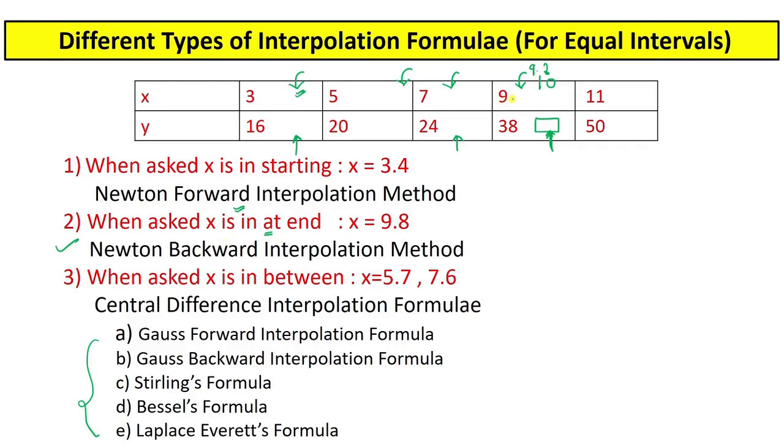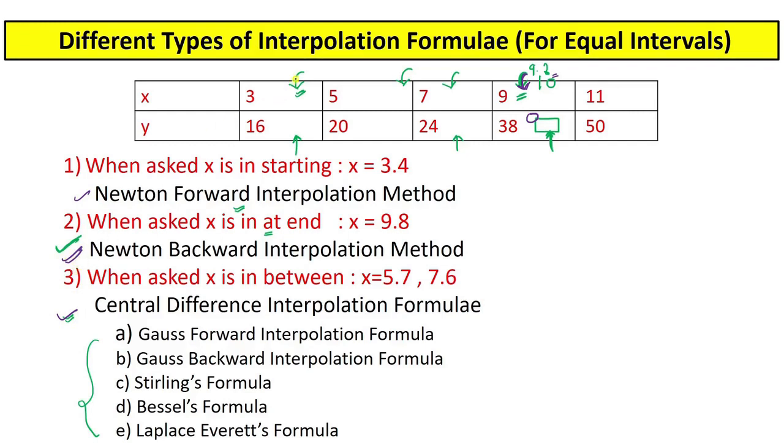That means if we are asked for the corresponding value of y at a given value of x, and that x value is lying at the end of the table. As I told you, the Newton backward method is a numerical method, so it will give me an approximate value. Second, I can also use the Newton forward and the central difference formulas to compute the value of y for x equal to 9.8, that is, when the x value is lying at the end of the table. But in that case, Newton forward and the central difference formulas will not give me as accurate a value as I can get by the Newton backward interpolation method.